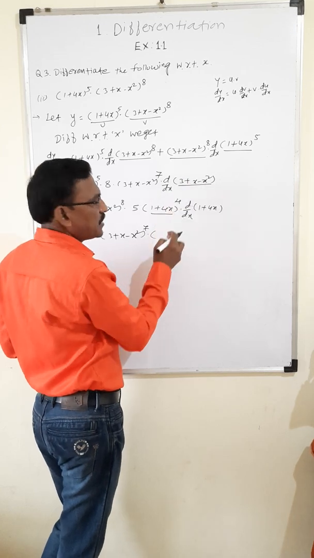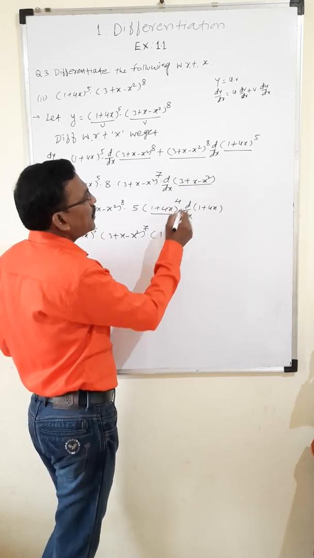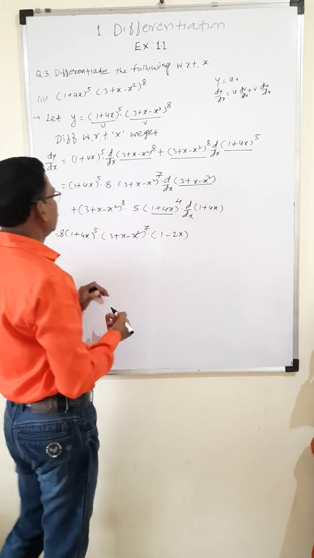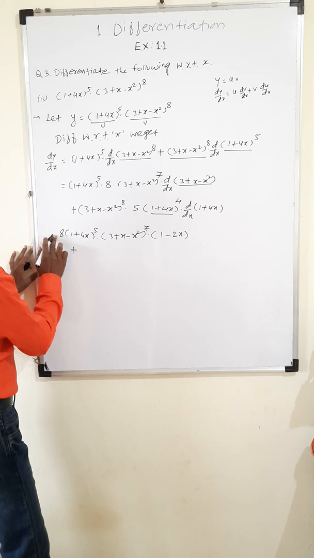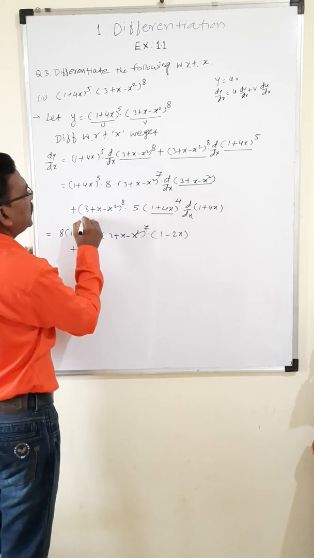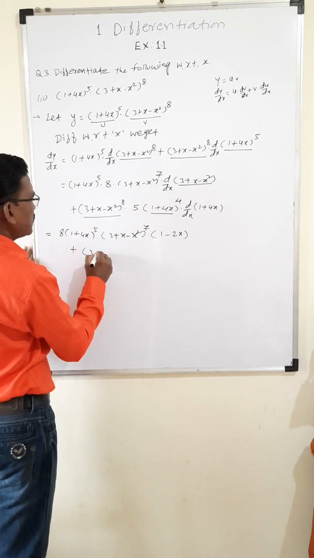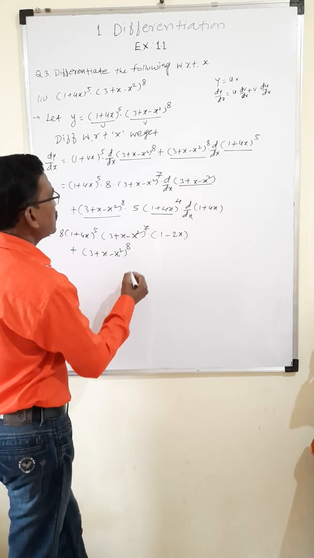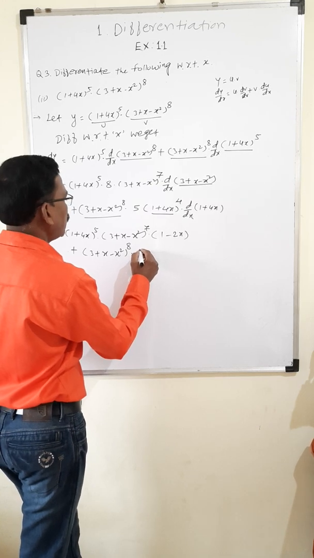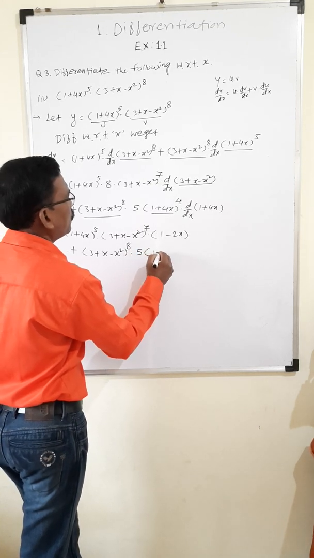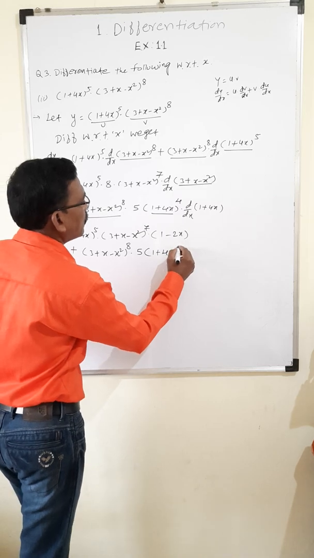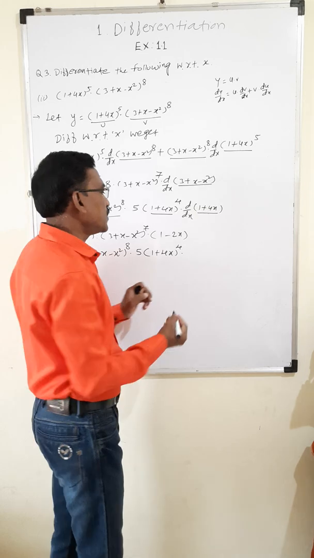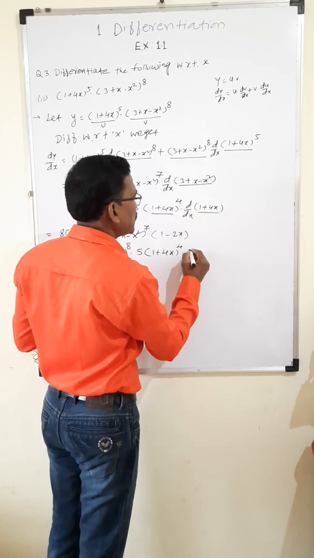The derivative of x with respect to x is 1, and the derivative of minus x square is minus 2x, plus again keep this term as it is, 3 plus x minus x square whole raised to power 8 into 5 into 1 plus 4x raised to power 4 into, again derivative of constant 1 is 0 and derivative of 4x is here 4,